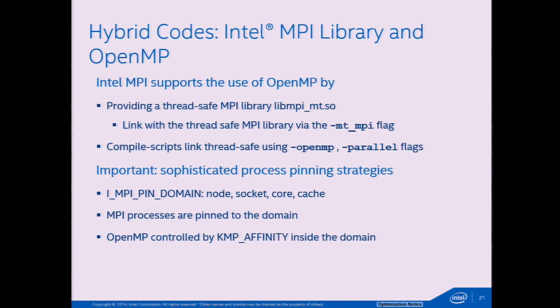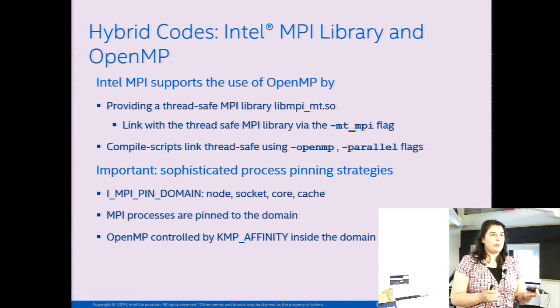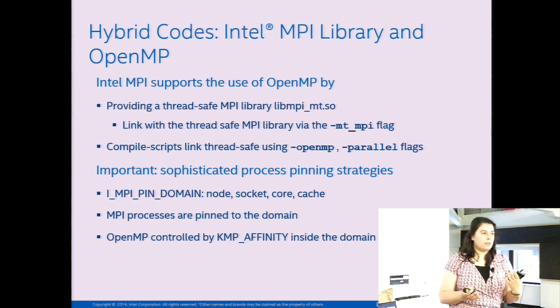Now, the first thing we recommend is that if you do have a hybrid code, you have to link with the thread-safe version of Intel MPI, just because it ensures that there won't be any sort of migration of the threads across ranks and so forth. We've seen a lot of issues where people just use the regular non-thread-safe version of the library. They're using it with either an MKL routine or maybe something else that's multi-threaded, and they start to see